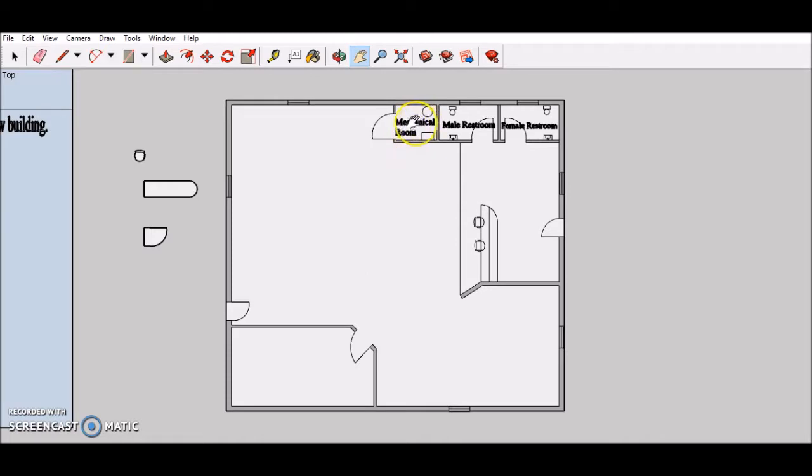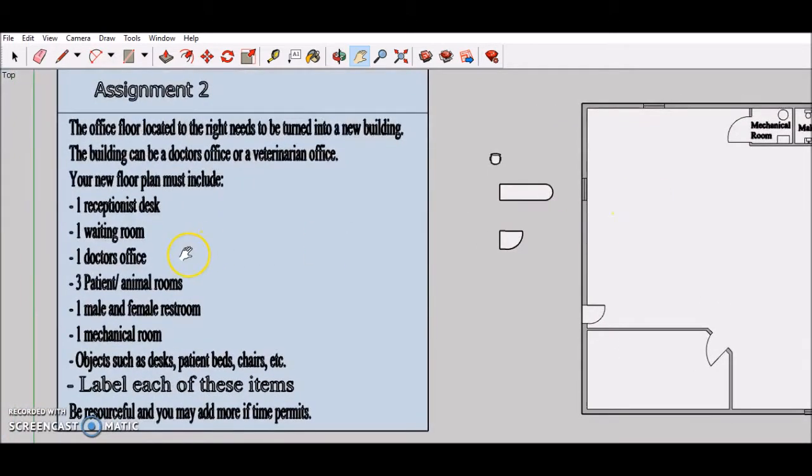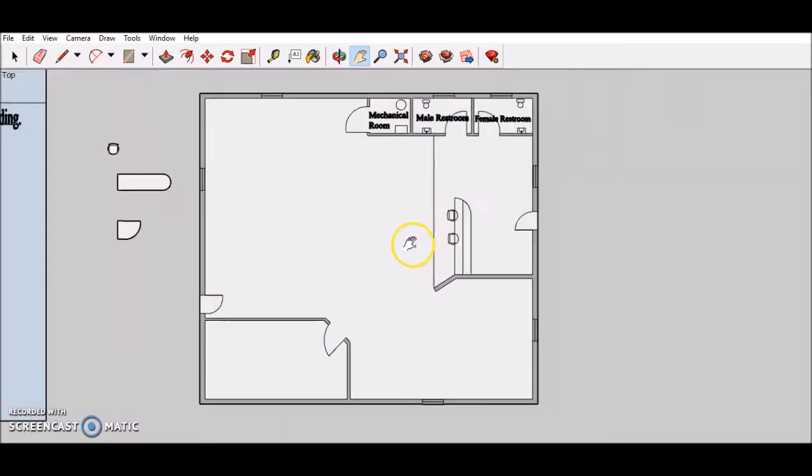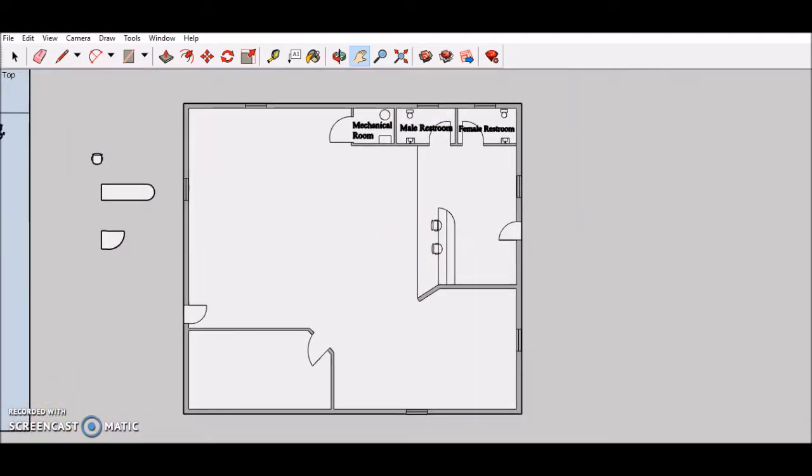We're going to leave the mechanical room where it's at because it's already built for us, so that's kind of nice. So we need to work on one doctor office, 3 patient rooms, and we already have these, and then on objects. So let's finish the waiting room. So let's click on the